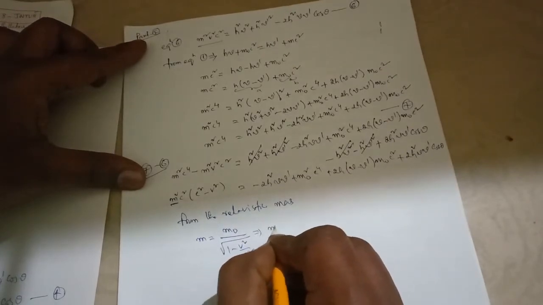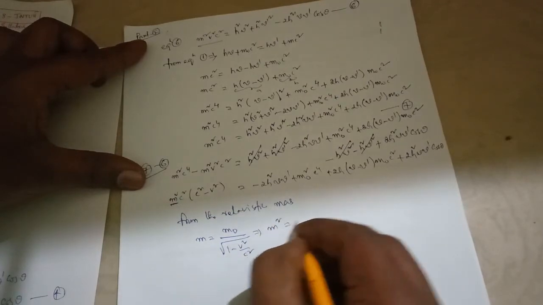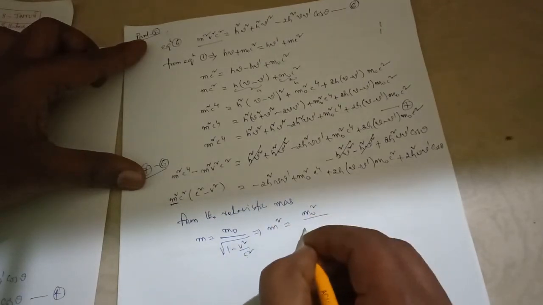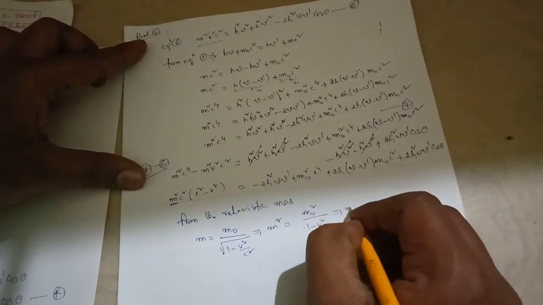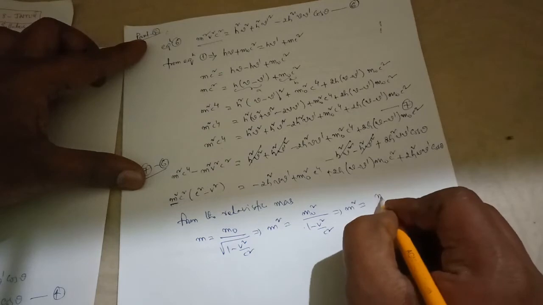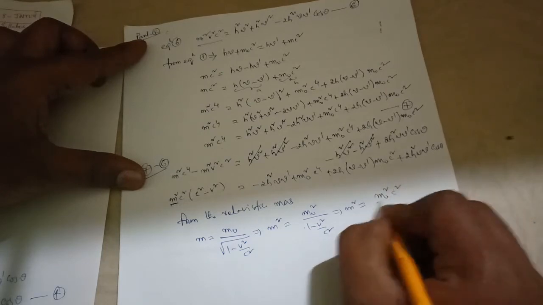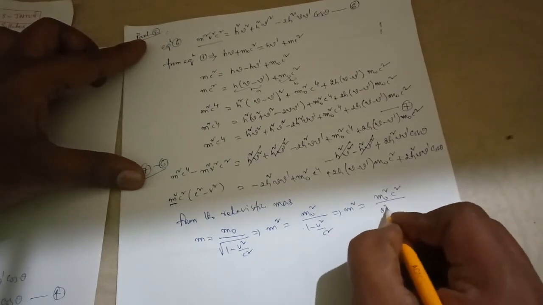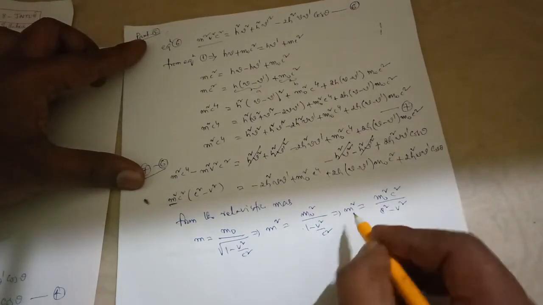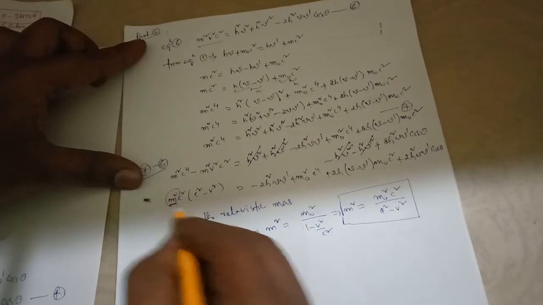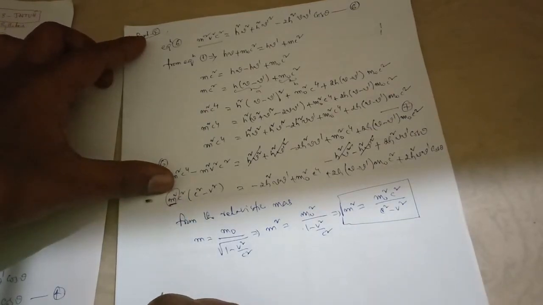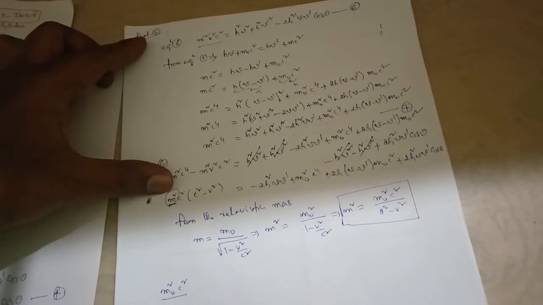Squaring on both sides, m square is equal to m naught square by (1 minus v square by c square). So m square is equal to m naught square c square, after LCM, by c square minus v square. So this is the m square value. Just write down here this m square value, that is m naught square c square by (c square minus v square) into c square